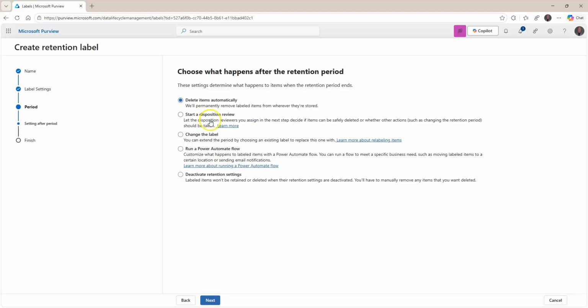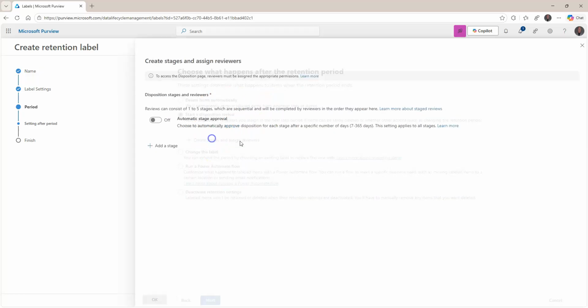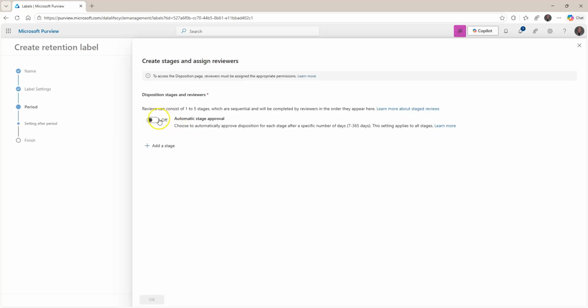Now we can do a start disposition here, so we can say, okay, after the retention period, so in this case after 7 years, we can delete it, or we can start a disposition review. So maybe we need some additional steps to happen. So once that 7-year period hits, or the retention period for this label hits, we can say we want to start